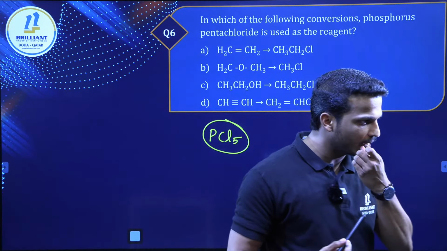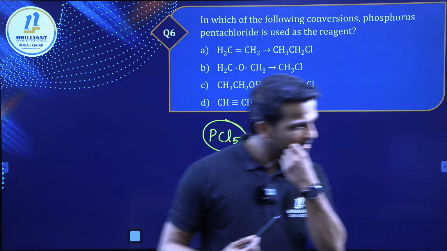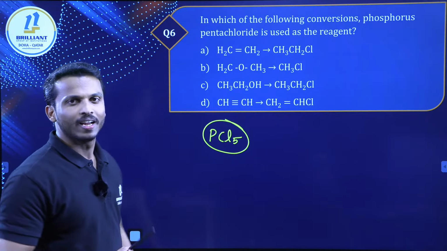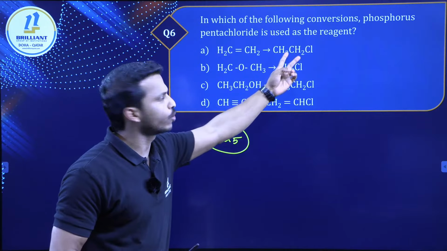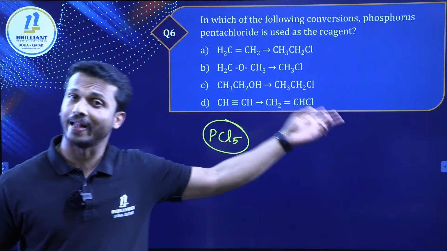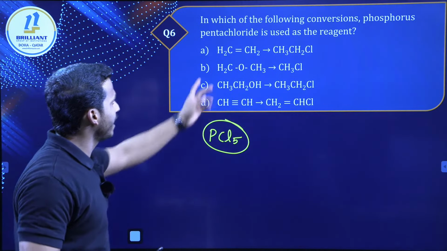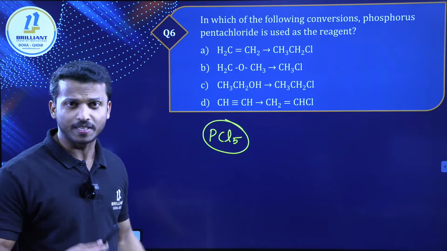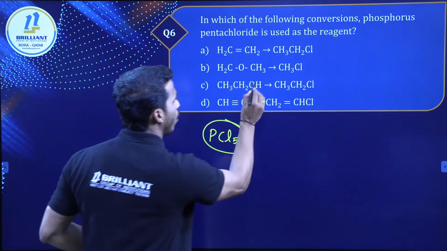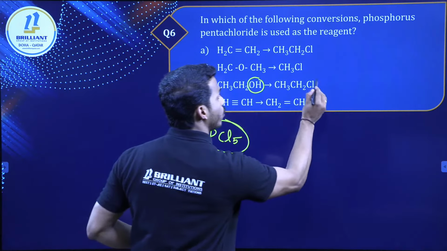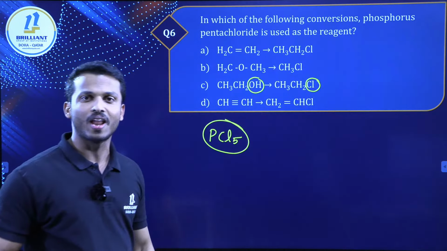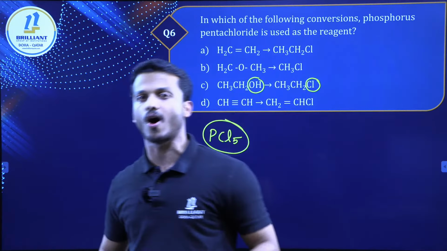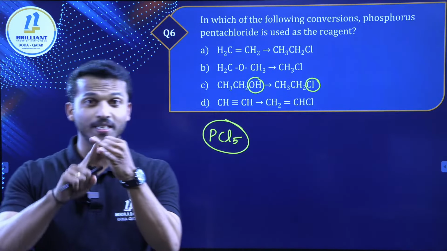Yes, Prapti, Adil, Abdul, Rubil, correct. Faris, correct. Romeo, correct. Dear all, this is an alkene to a haloalkane, where we have to add HCl. This is an ether and CH3Cl. We won't use PCl5 there. This is an alcohol, and you convert it into a chloride. Alcohol can be converted into a chloride in the presence of PCl3, PCl5.